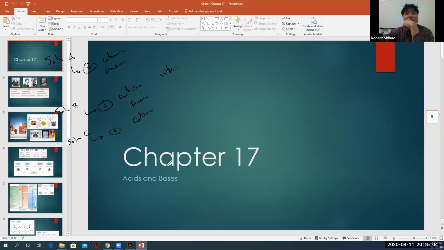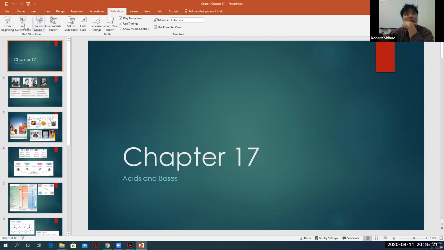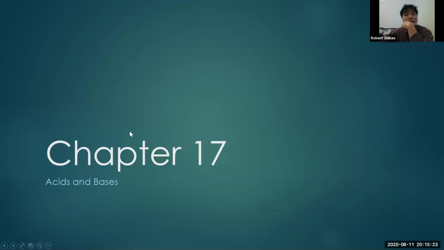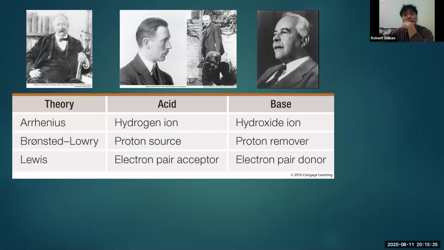All right, chapter 17 deals with acids and bases. We already talked about acids and bases, so we're going to add a couple of things here to what we've discussed. When we're talking about acids and bases, we can look at it from three different perspectives: Arrhenius, Bronsted-Lowry, and